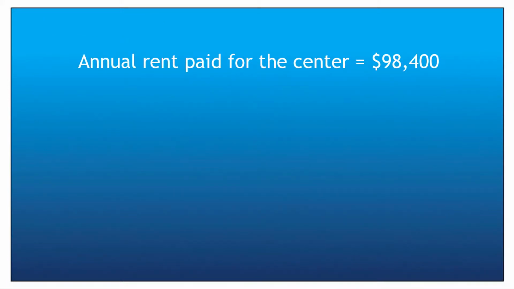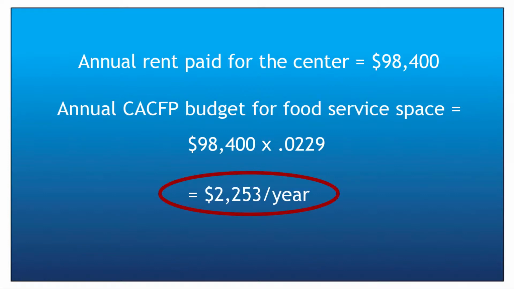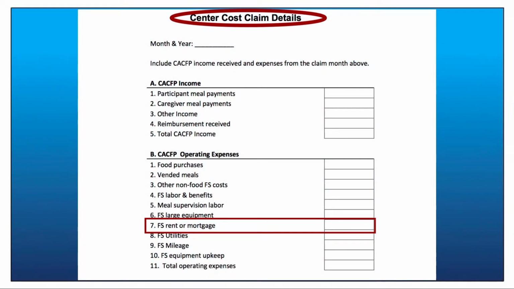Annual rent paid for the center is $98,400. To calculate the amount that can be included in the annual CACFP budget for food service space, multiply 98,400 by 0.0229. This equals $2,253 per year. Divide 2,253 by 12 months. The amount that can be included in the monthly cost claim details is